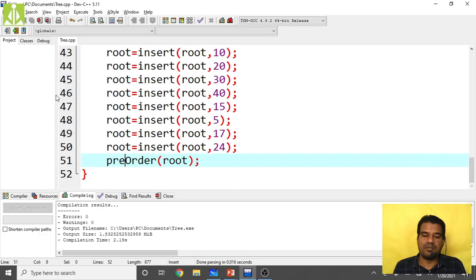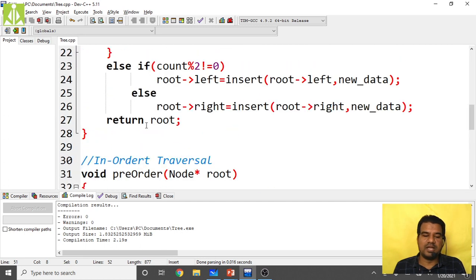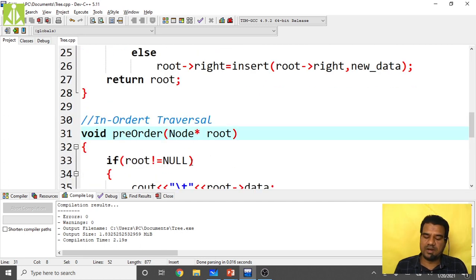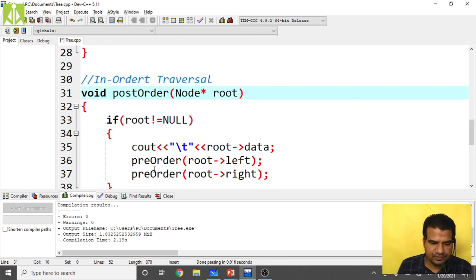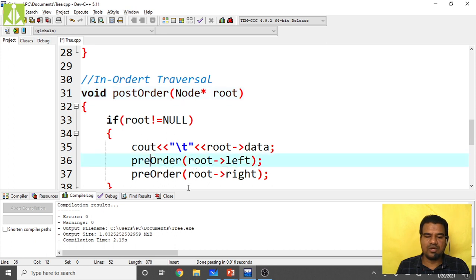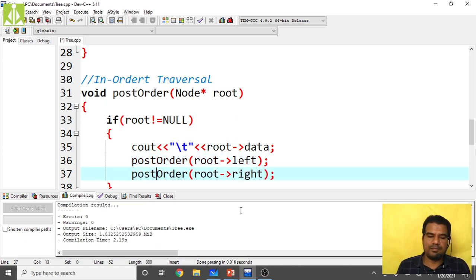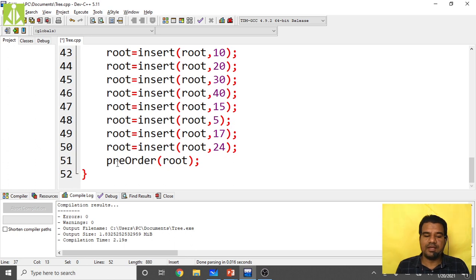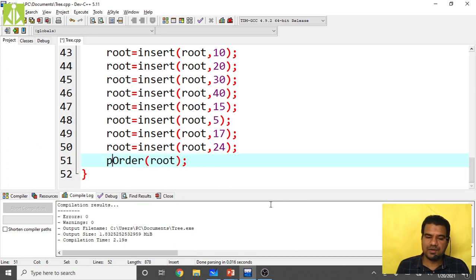So this thing to perform, post-order traversal, simply nothing to change. Here you make this function as post, and here also, yeah, insertion only going wrong. That is the reason why we are not getting the perfect result. Okay, here also post, and here also you call this post. Okay, save this code